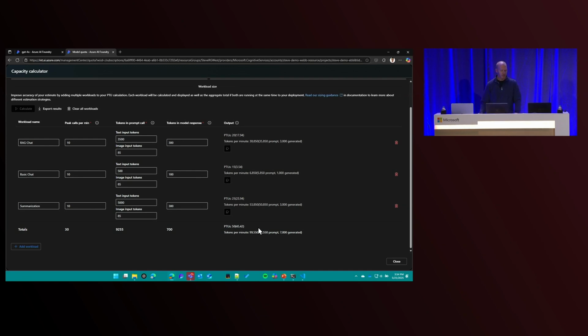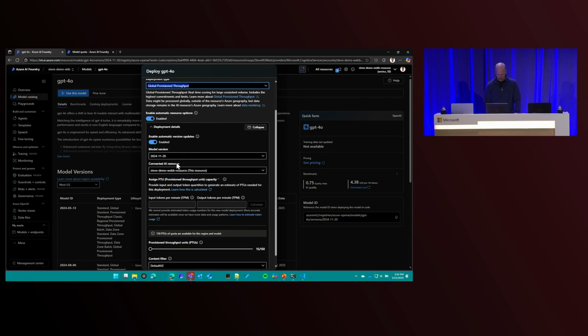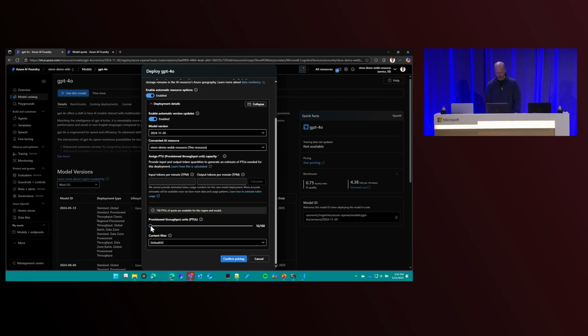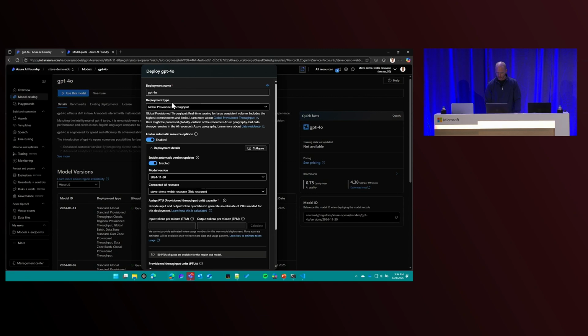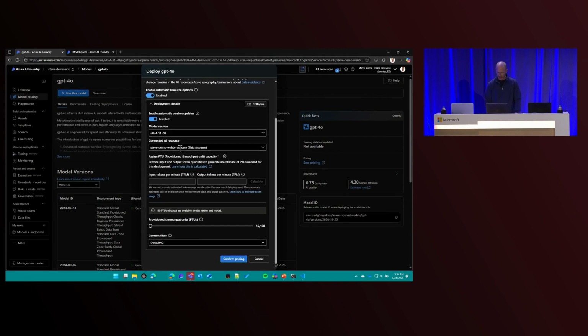Okay? You can also, as I said, put in your own data into all of this, and it will calculate for you. So if I go back here, I'm going to say, OK, right now I'm in a global deployment. With a global deployment, the minimum number of PTUs is 15. If I were in a regional deployment, that would be 50. Something to keep in mind, there's a difference there. And the step function, in other words, I can step in a global deployment by 5 PTUs.